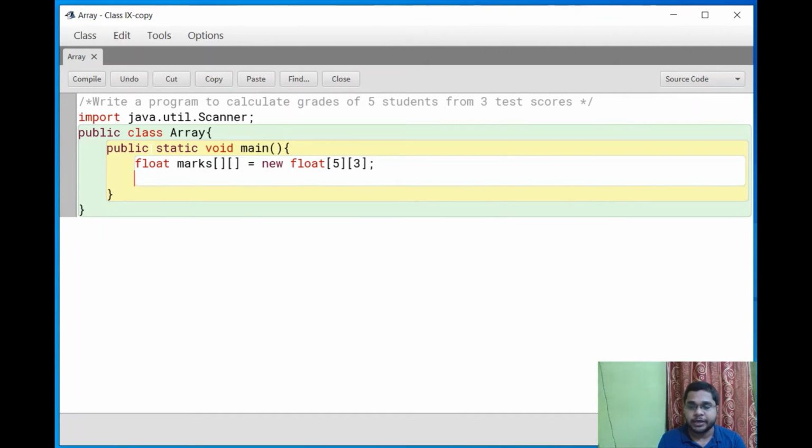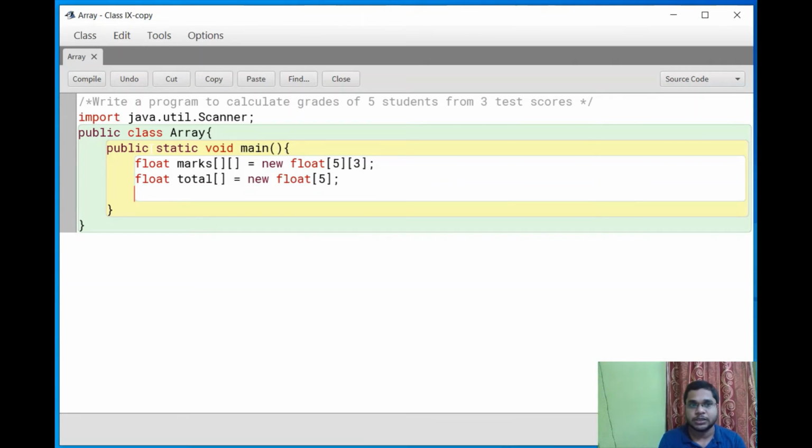Next let's take another array, that is total. Float total is a single-dimensional array, so here I put one square bracket open and close, equals new float of size 5. There are 5 total marks, because there are 5 students, so the total array size is 5.